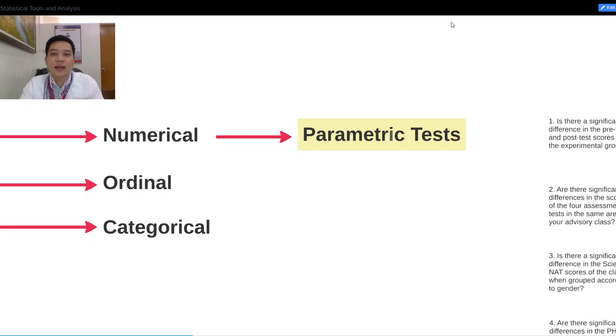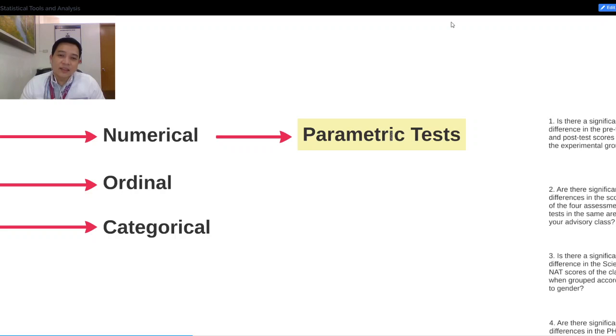What kind of test am I going to use? If you have numerical data, it is most likely that you will be using parametric tests. Now, there are two types of tests here according to their reliability and how reliable the results they yield, or the power of the test. If you have numbers on hand, it is easier to compute and, of course, employ mathematics. As simple as that. When you have numerical data, it is